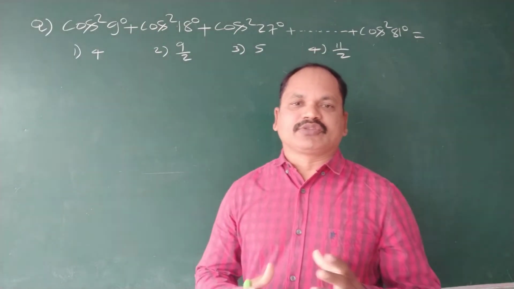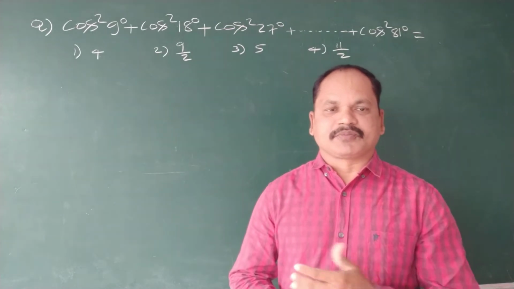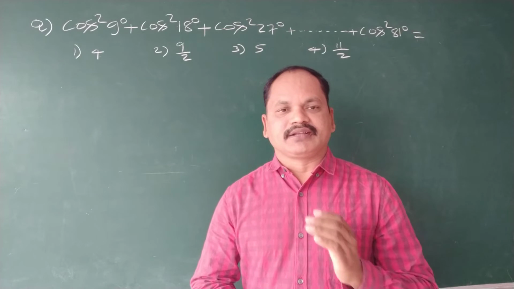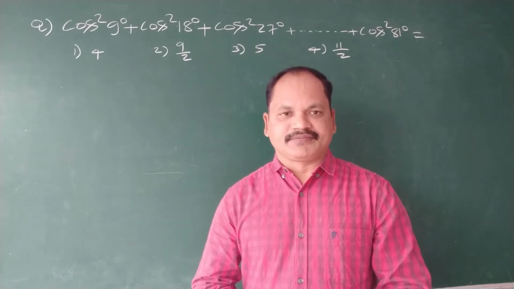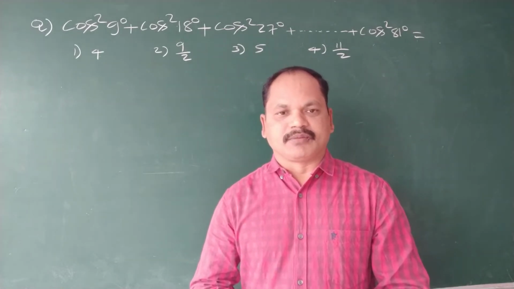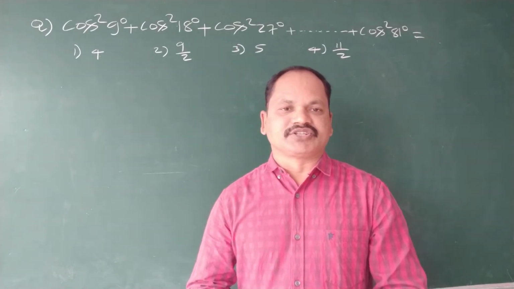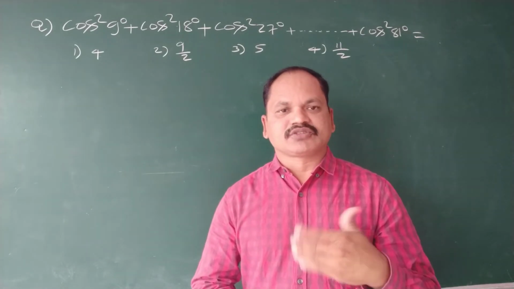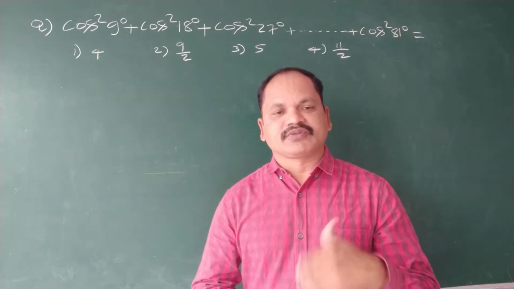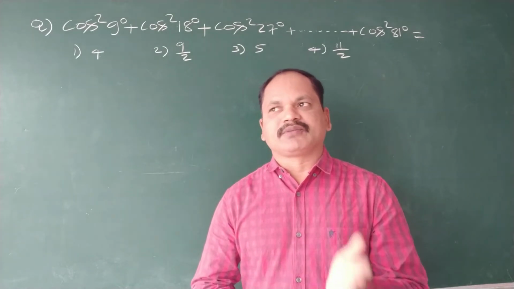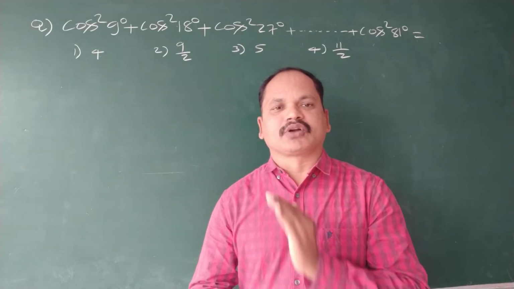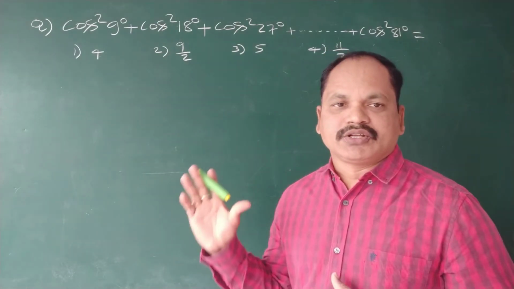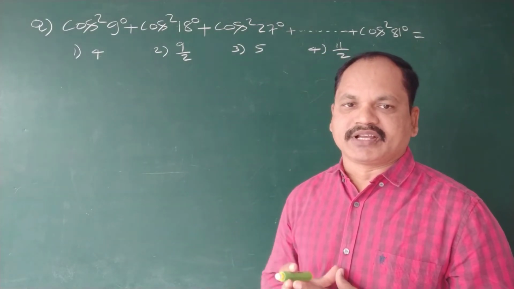Actually, according to the definition, the concept of complementary angles is nothing but: if two angles are said to be complementary angles, then the sum of them is 90. That's why if alpha and beta are complementary angles, then alpha plus beta is equal to 90. We know that if alpha plus beta is 90, then cos square alpha plus cos square beta is 1, sin square alpha plus sin square beta is 1, tan alpha into tan beta is 1, cot alpha into cot beta is 1. So, with the help of that condition, first we have to choose the angles, that means complementary angles.